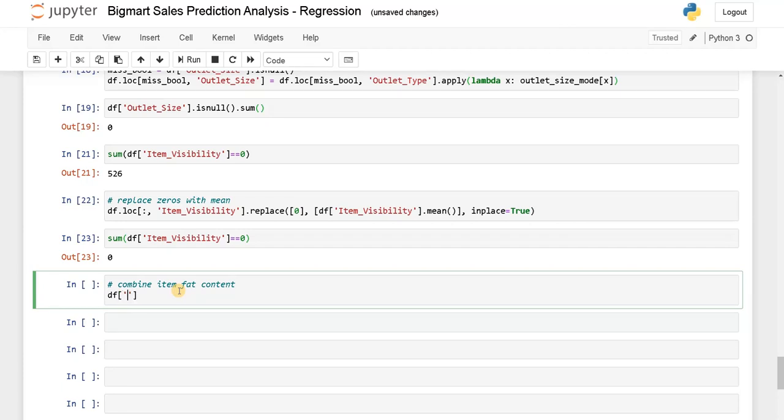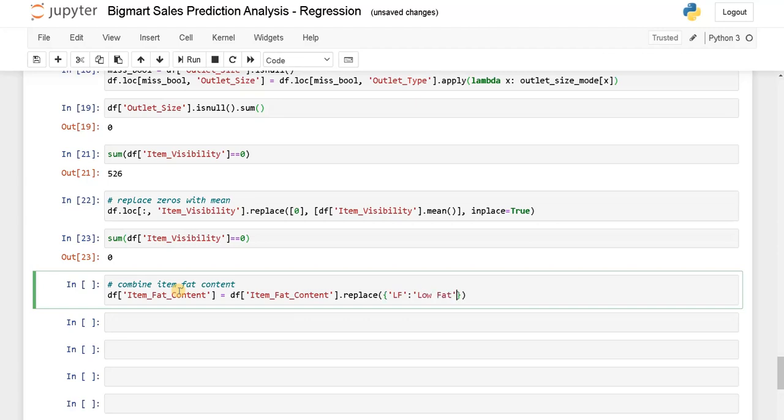df of item fat content equals df of again item fat content dot replace. We will create a dictionary to represent the old columns with new columns. Create a dictionary, that is old column will be LF, new column will be low fat.